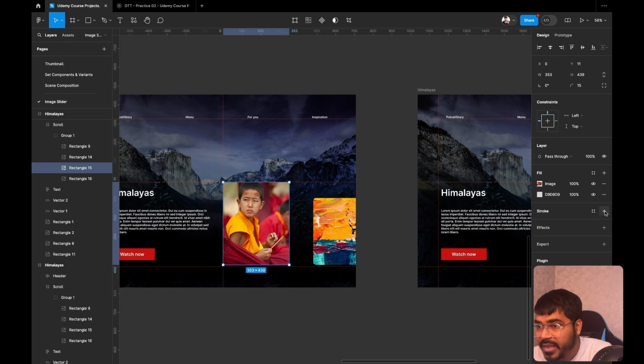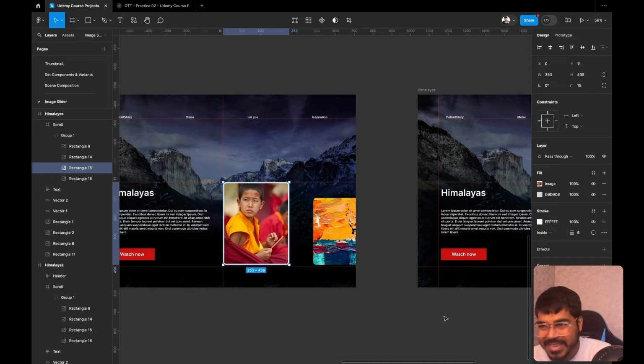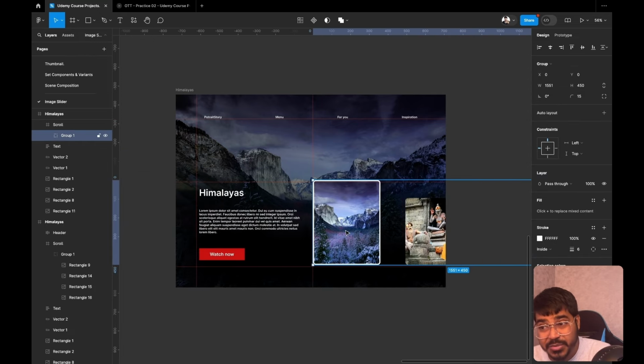Let's go ahead and give it a stroke, change the color to white, and after that let's give it a stroke size of 6. Perfect. Amazing. Okay, let's go ahead to our last image, hit space bar, click on it,